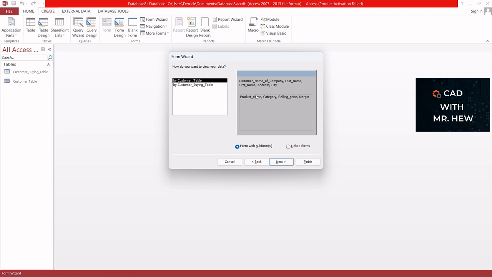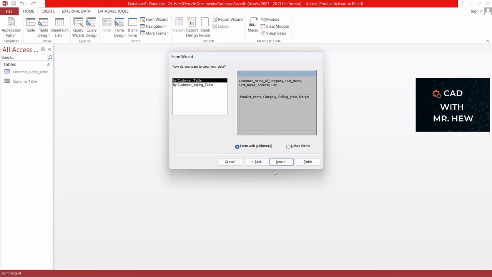Below you would have the name of the products that they purchase, the category that the products are in, the selling price, and the margin. If I click on the customer buying table, which was the products that our customers purchase, you will see that it would give you all the information in one, but we don't want it like that. We want it with the customers